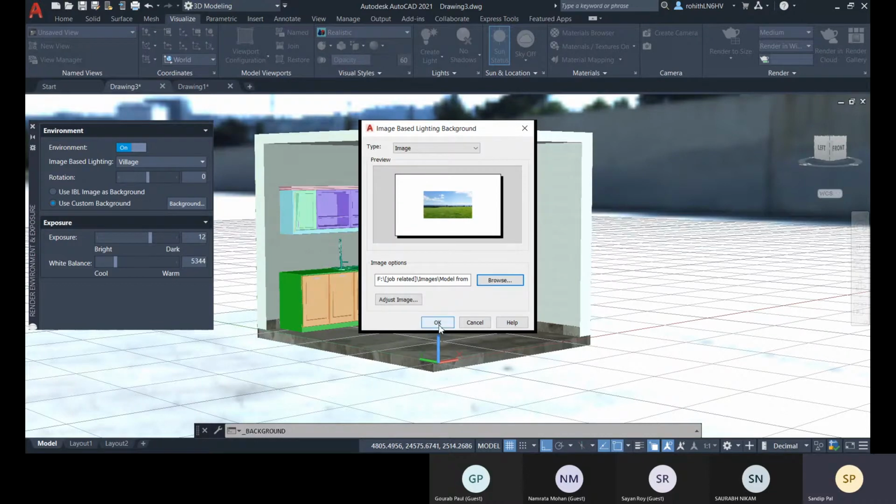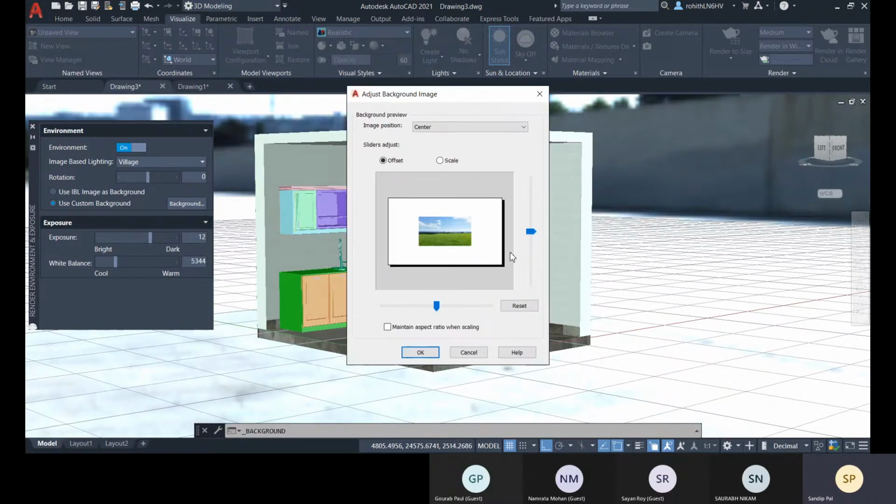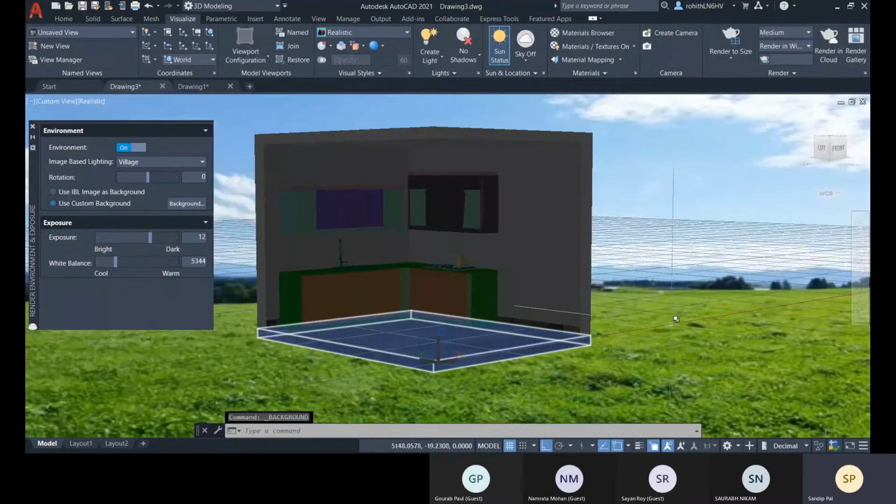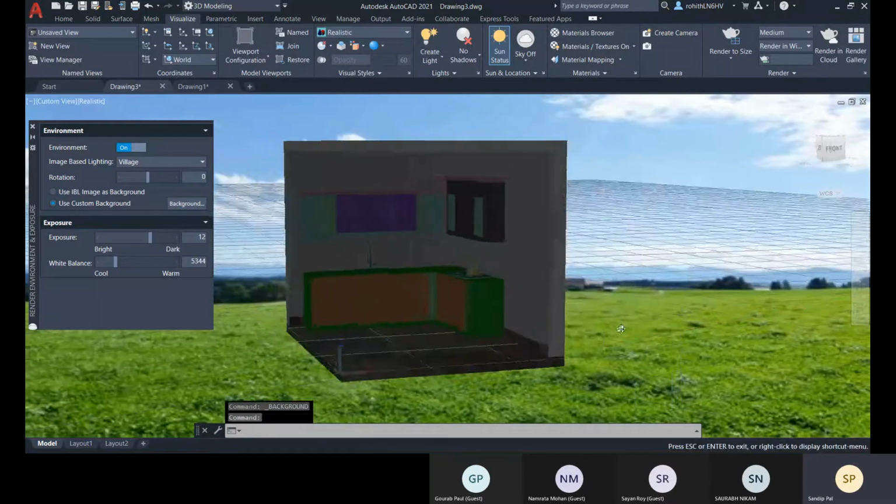And if you want to adjust that image, we also have some options. If you want to scale it, you can choose the scale option. This is the option, image position, and click on OK, and OK, and there you see this is your custom image you have applied there.